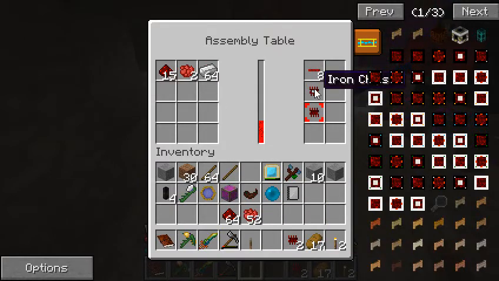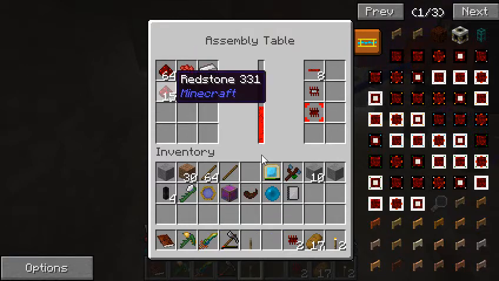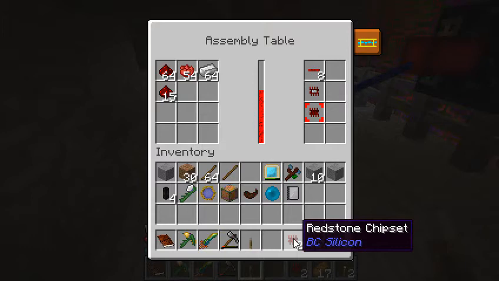So now I can make an iron chipset or make some red pipe wire. I'll let it make this one. This is nice. I didn't realize you can throw all this stuff in here like that, and then you get to select what you want to make. See, that's my thing. I didn't realize that I had to select it. So after I make this next chipset,